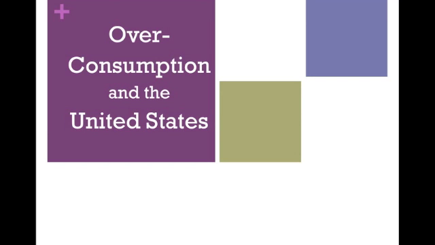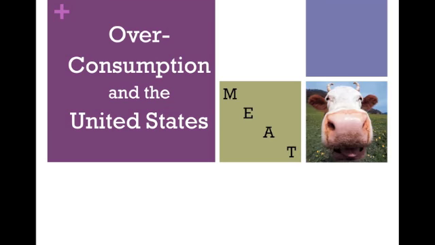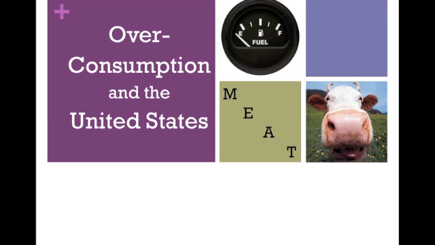The U.S. doesn't just take the lead in the amount of water that we use per capita, but also the amount of meat that we eat per person. Not to mention, we are the leading usage per person in fossil fuels. Even though we are less than 5% of the population, we take up 25% of the coal, 26% of the oil, and 27% of the natural gas from the world supply. With such a small population, it is clear to see our overconsumption as we take away a quarter of the world's fossil fuel resources. How are we using all this fuel, you may be asking?